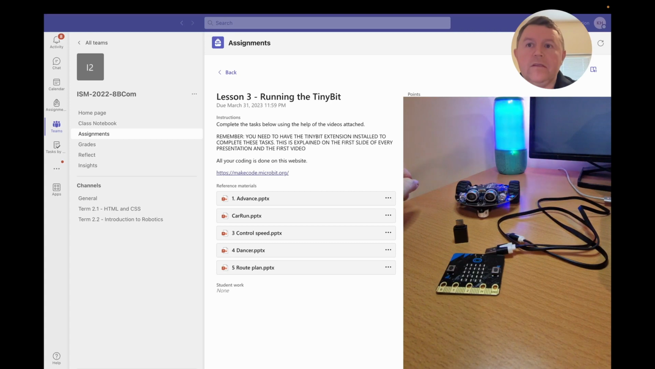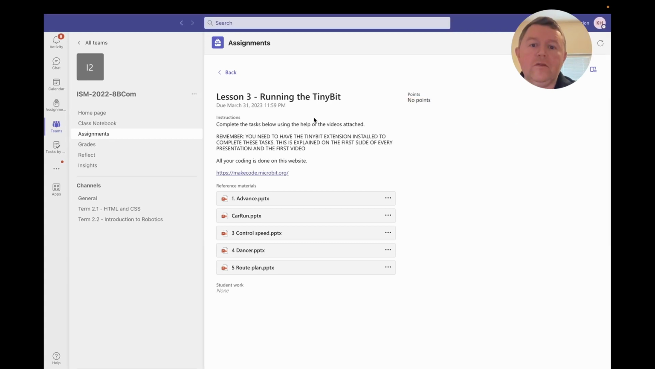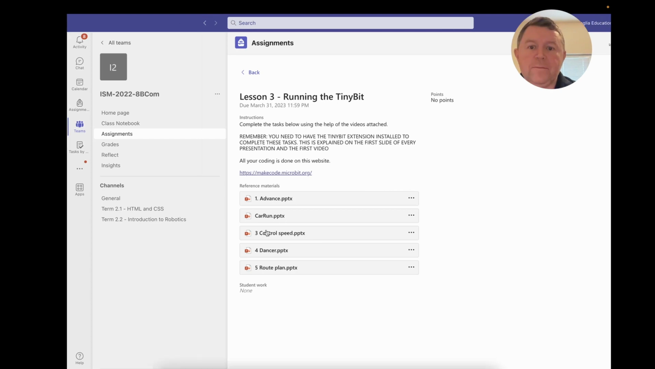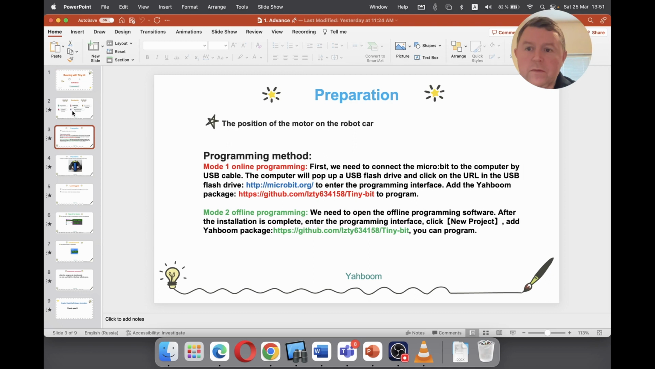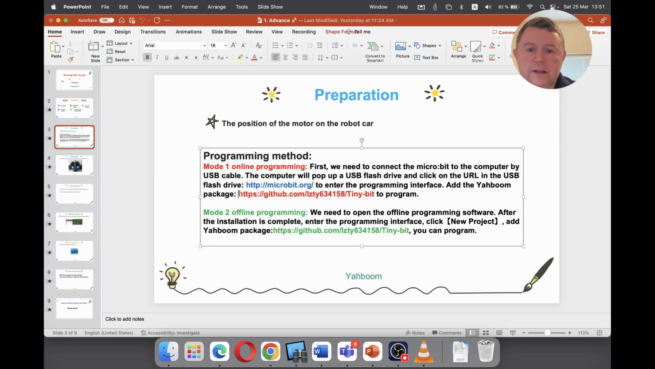First things first, we need to open up the first presentation here, advance. We want to use this mode here, online programming mode, and the website is linked here as well. We need to take this link here and copy it, Command C. It's not this one down here, it's this one. And we need to bring it over to our